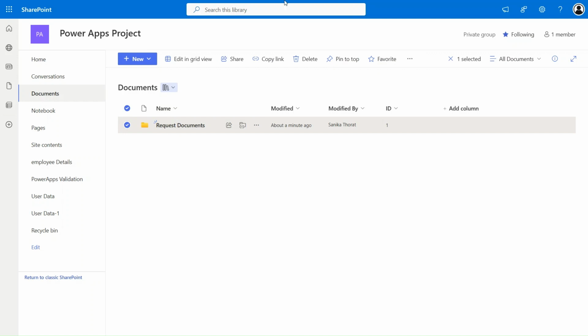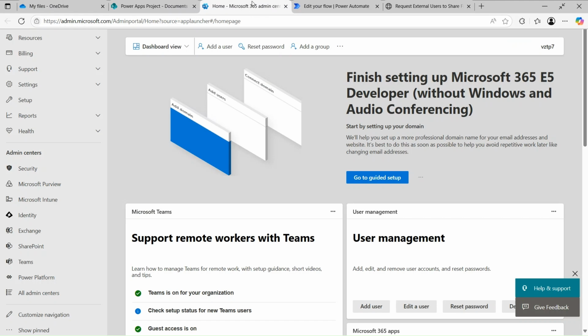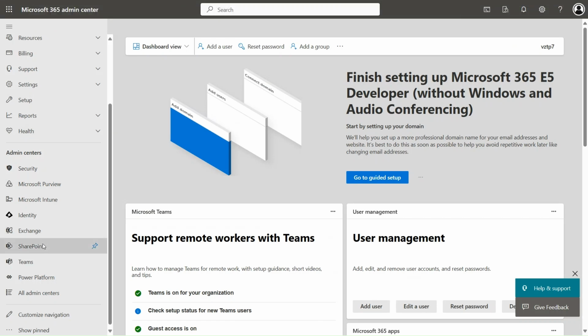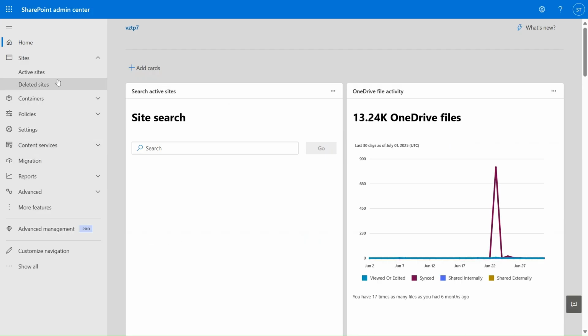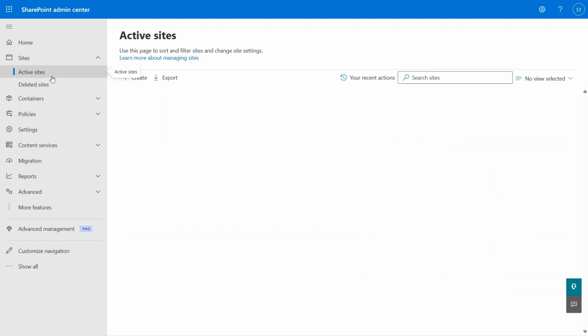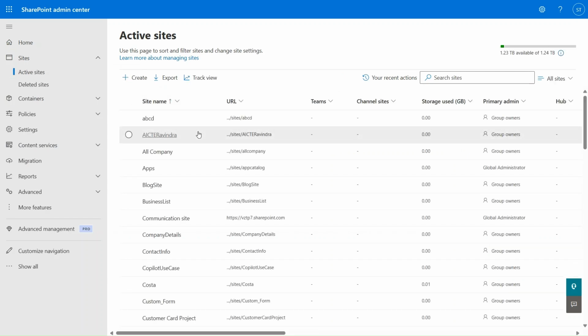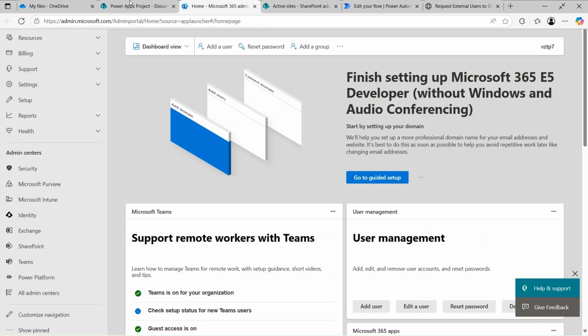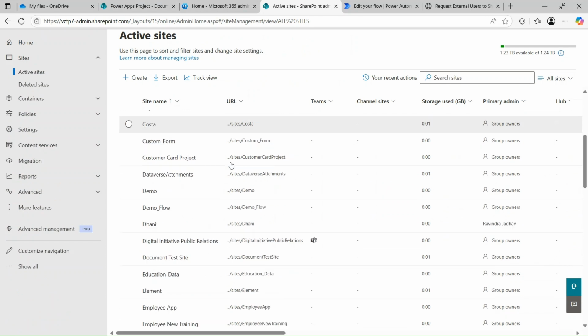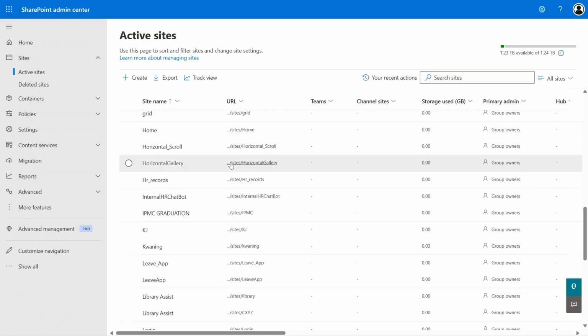To enable that option, first we need to go to the admin center. In the admin center, we have to go to SharePoint, or you can ask the IT team, IT administrator or SharePoint administrator, to do this for you. So let me go to the active sites. In the active sites, let me select my site here. My site name is Power Apps Project. Let's search here for the Power Apps Project